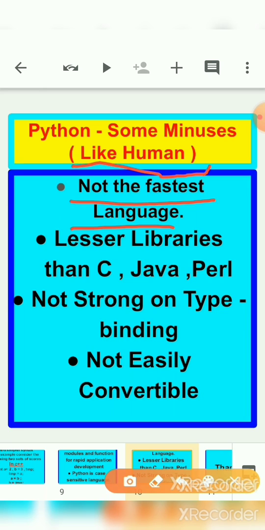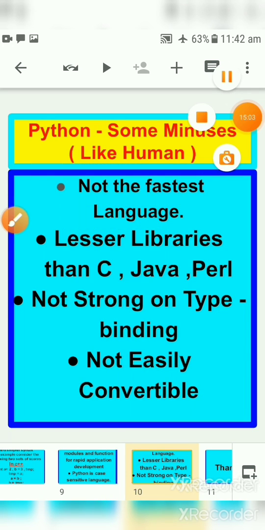Means Python software is reading each and every single line individually and responding to us. It takes time. So fully compiled languages are faster than their interpreted counterparts.